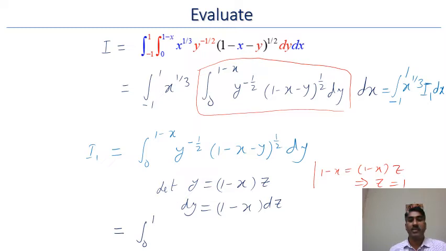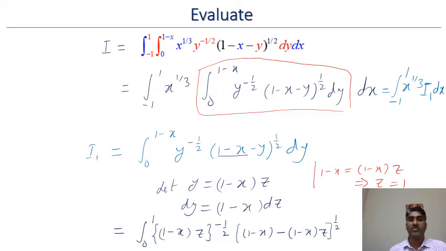Then y will be replaced by (1 minus x) into z, and this whole power minus half. Then 1 minus x minus (1 minus x) z, and y is (1 minus x) z, this power